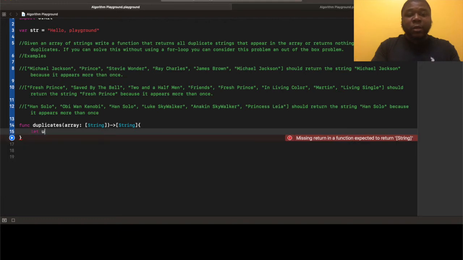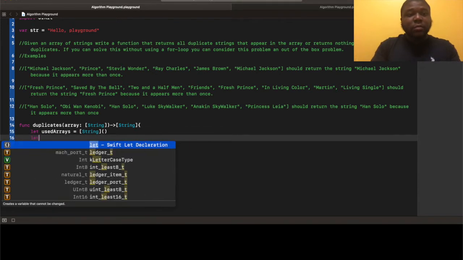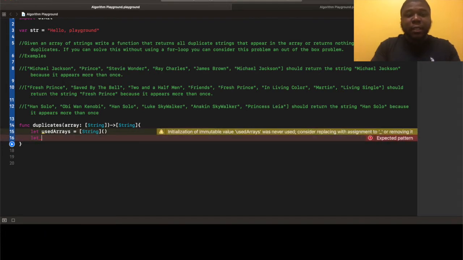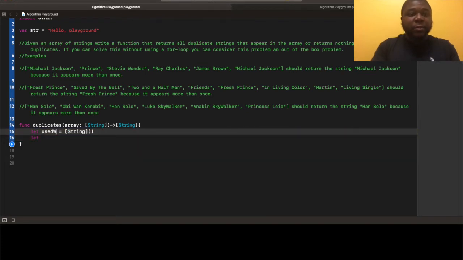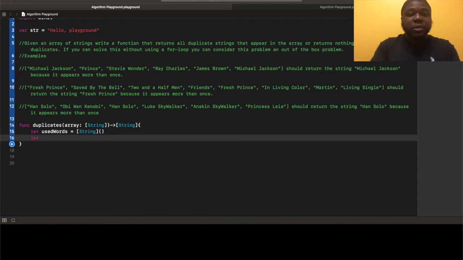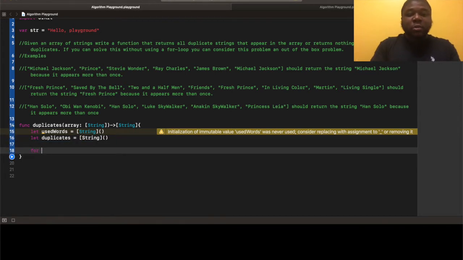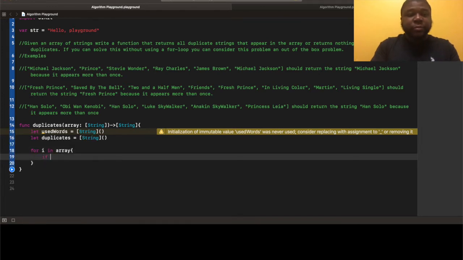And then we're going to create 2 arrays, use words and duplicates. Okay, cool. So we got our 2 arrays, and we're just going to go through the original array and ask